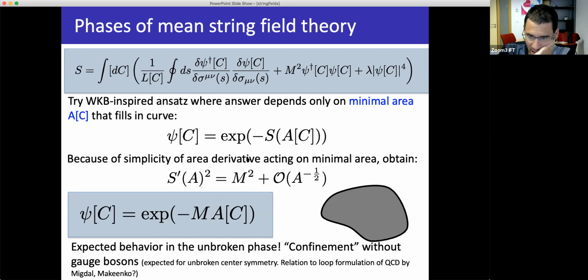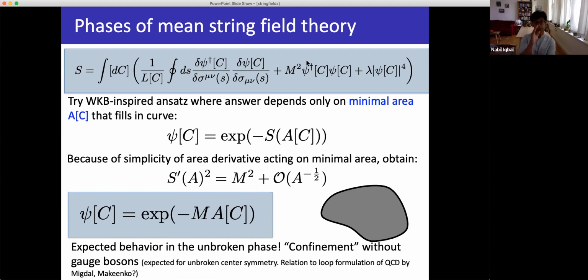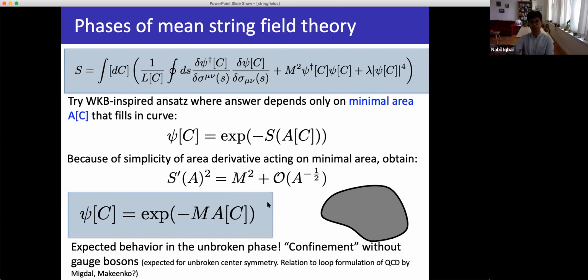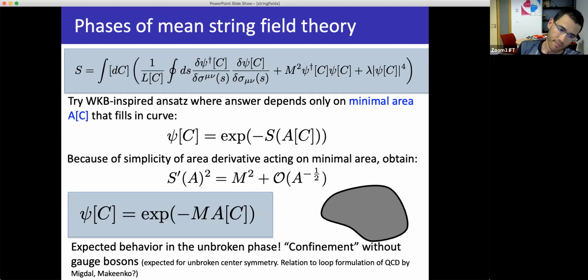And I might have another stupid question. So what now restricts you to take just a two derivative theory in this? Yeah. No, very good. You should really add every derivative. However, they will be less relevant than this. Same reason. So you can argue that those terms are less relevant and so will not affect this result. For the same reason as a normal Landau-Ginzburg theory, where of course you do actually have higher derivative terms. They just don't affect the leading long distance behavior. Okay. Thanks. Very welcome. Any other questions?